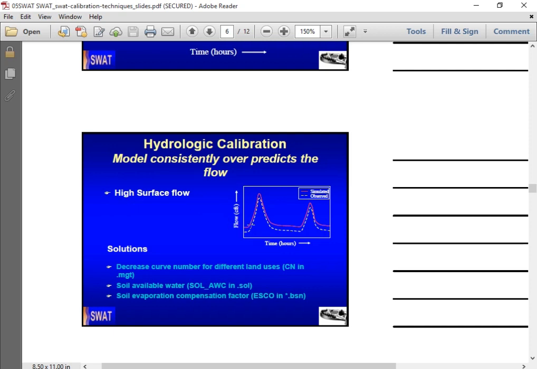So the model over predicts the flow due to different things, due to the curve number or the soil availability, as well as the ESCO. Those parameters have high influence. Therefore, the first solution is